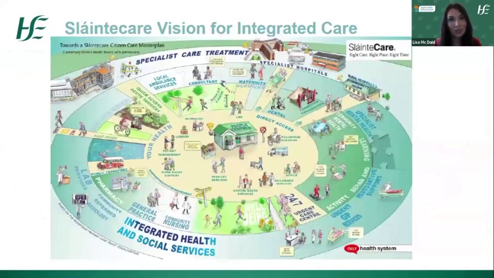So Liam has presented the slide, which illustrates the Canterbury model for integrated care. The model places the home at the centre of the healthcare system, with the hospital positioned on the outside. And this is a vision that aligns very closely with what we are trying to achieve through Sláinte Care. It does represent a fundamental shift towards person-centred care, where services are designed to support individuals in their own homes and communities, and the hospital is the last resort rather than the primary focus.